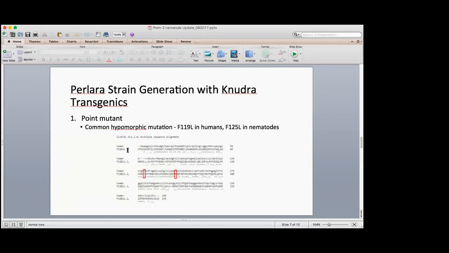And so one such partner is Nudra. We've used them successfully in the past to make our Niemann-Pick-C mutants and mutants for other projects. So we asked them to essentially dial in F119L into the nematodes. And again, the numbering is a little bit different between worms and humans. So F119L in humans is F125L in nematodes. And this is just to show you that